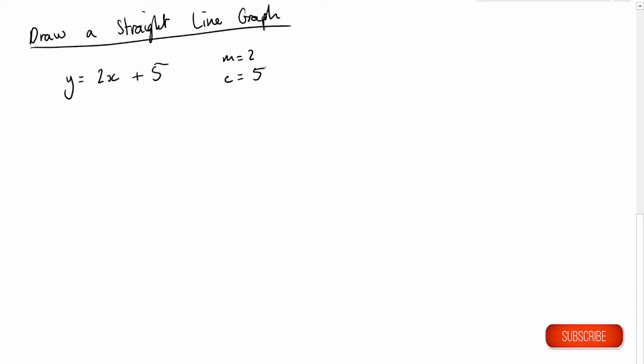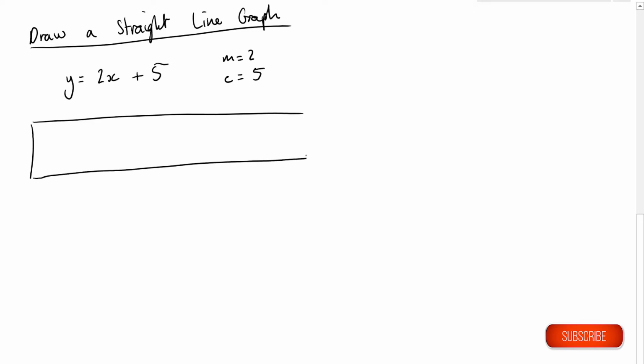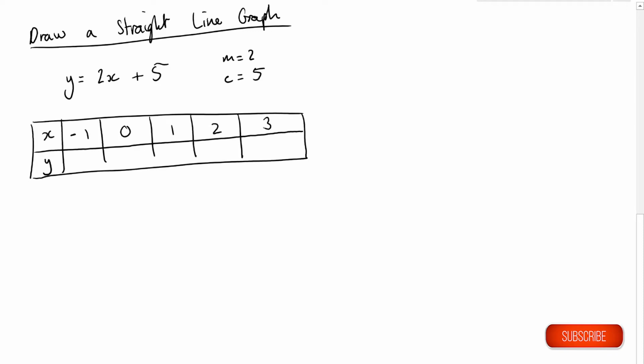Okay, so what they will usually give you, in order to make sure that you're getting and plotting the right coordinates, you'll have a table, and your table will consist of some x values, and they will leave the y values for you to fill in. And these x values, in this case, I'm going to go from -1 all the way up to 3. Okay, the values will usually be given in the question, so they'll usually